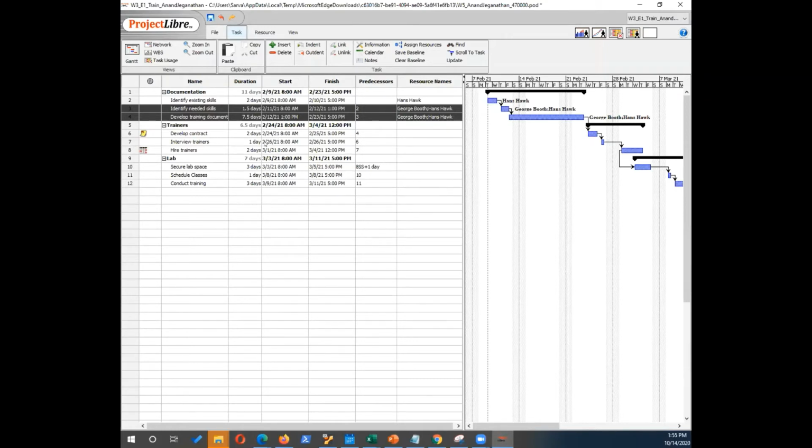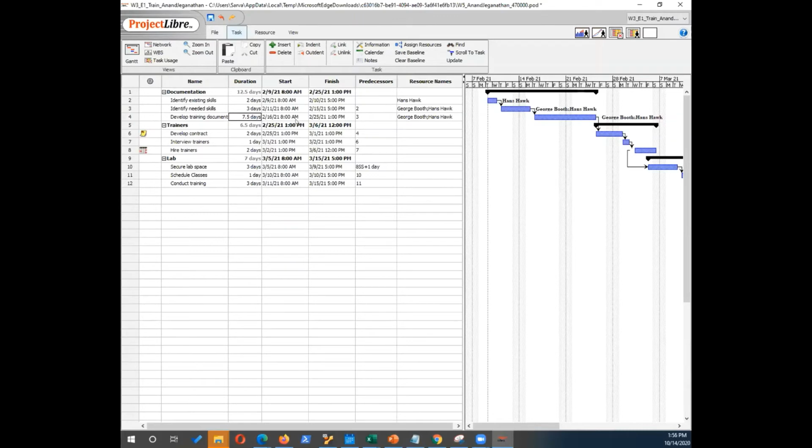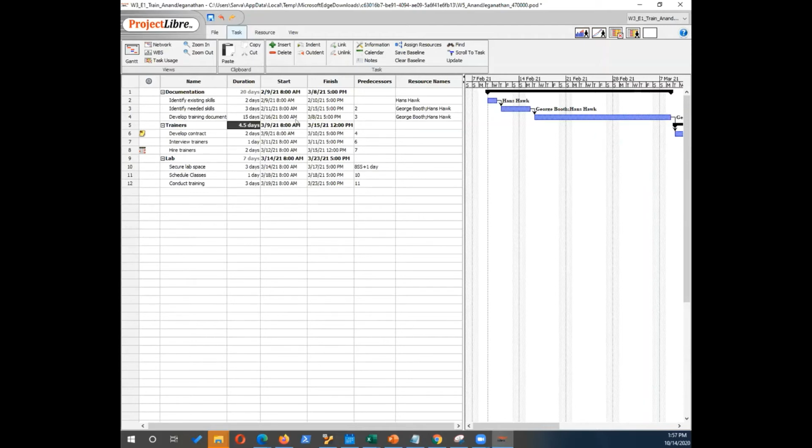Now, sometimes you may not like this, okay? So maybe you want the initial duration to be 3 days if 2 people work on it. You're going to go and change this 1.5. We want to keep the duration the same, but we want 2 people to work on that. So go ahead and change this to 3 days back. And then over here as well, we change the duration back to 15 days, so that we still are having